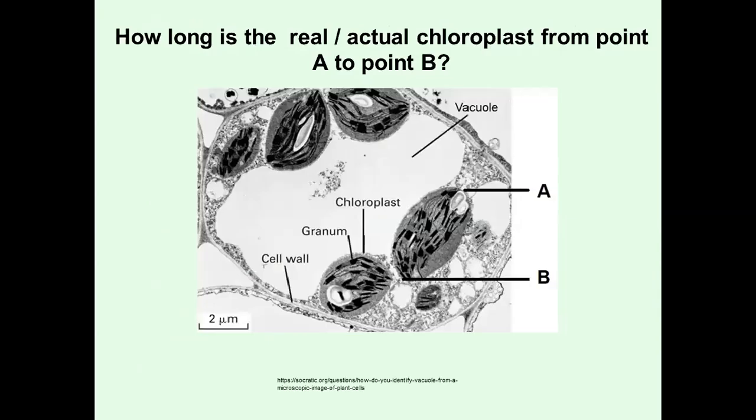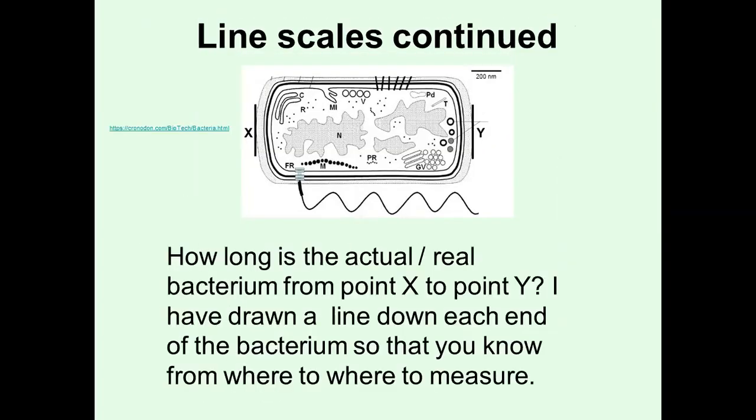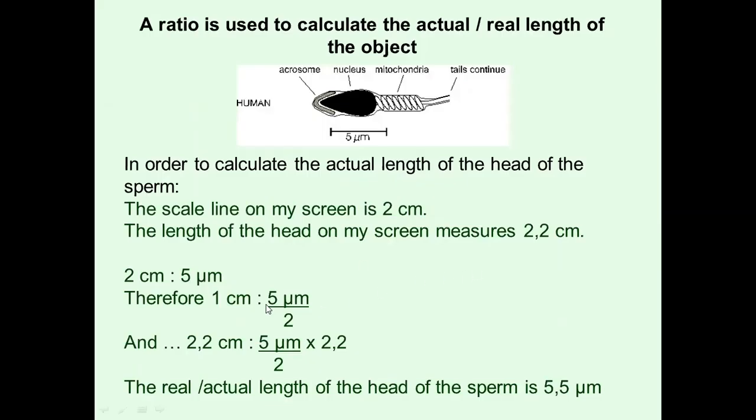So remember, we long ago discussed that 1 millimeter equals 1,000 micrometers, and this is how you write micrometers. 1 millimeter equals 1,000 micrometers. And 1 micrometer equals 1,000 nanometers. So 1 millimeter equals 1,000,000